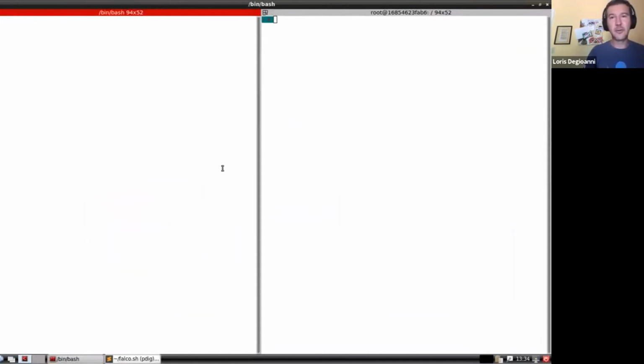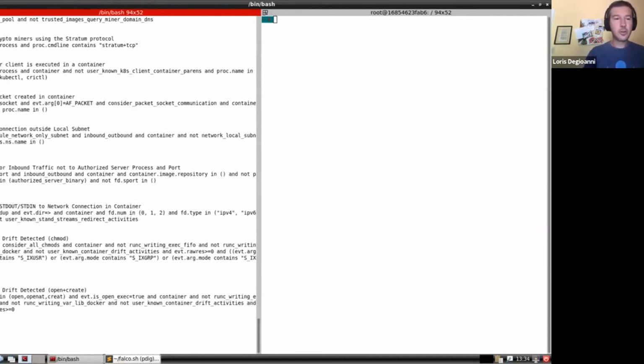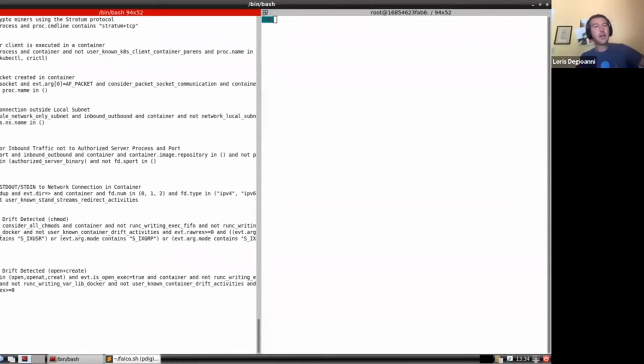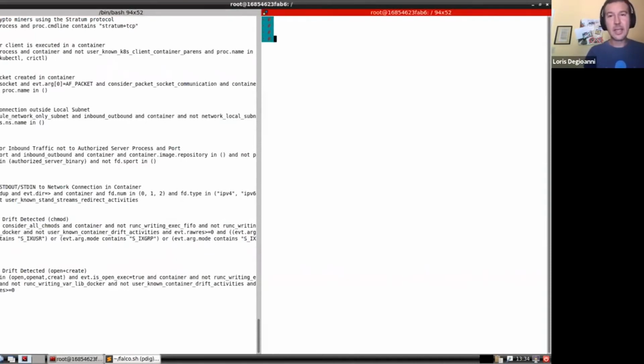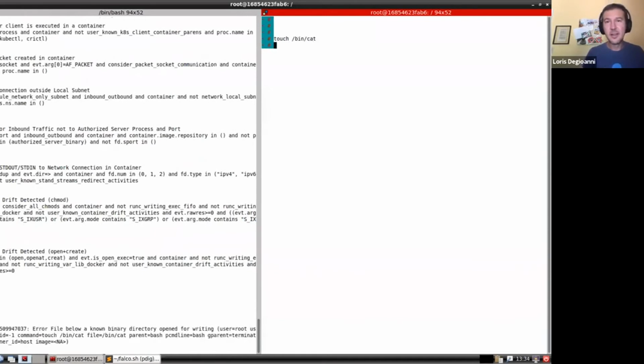So let me go into my virtual machine, and let me just run Falco. Right now, this is the possible way to run Falco and give it a try. You download the tarball from the Falco repository, and then you just run it. And when you do that, nothing happens, but I can start operating on this machine, and say I can generate some pseudo malicious activity,